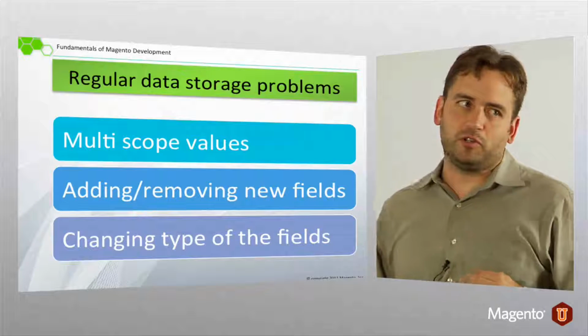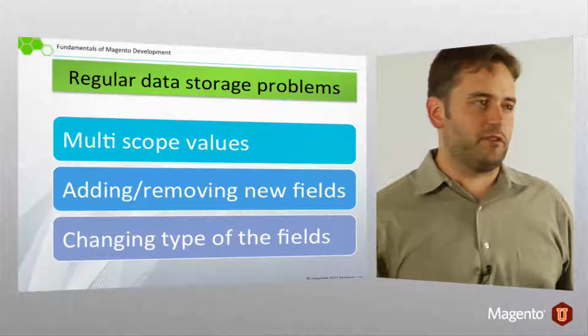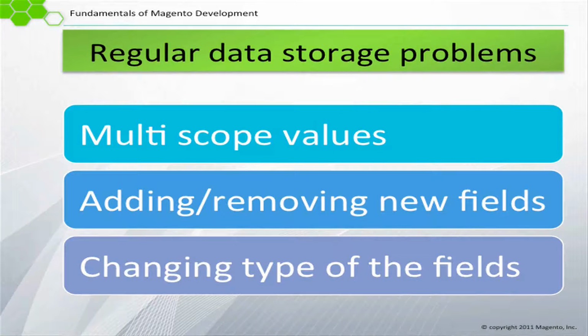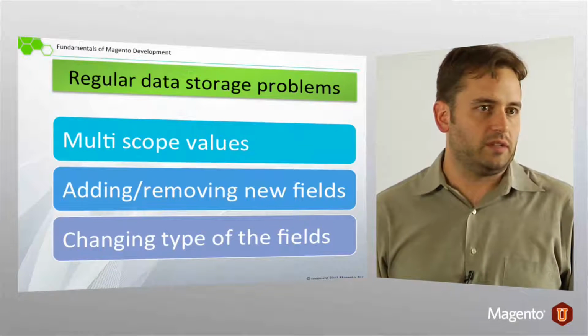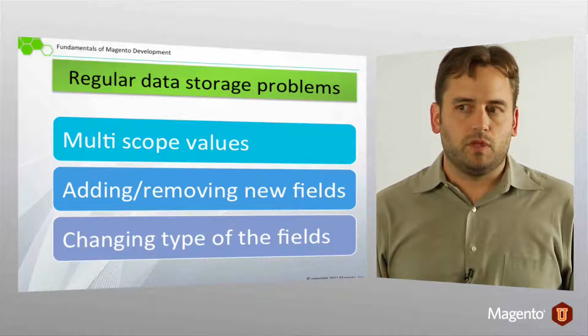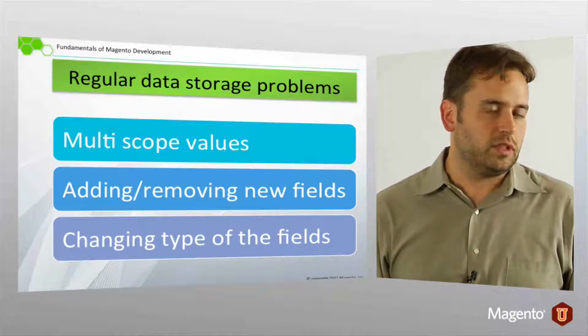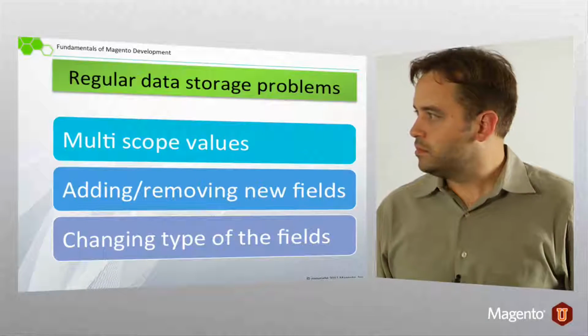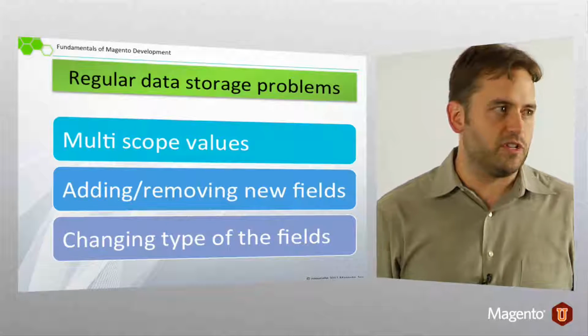Adding and removing new fields. So yes, everyone did that with their first CMS application. They realized, oh, I'll need this other piece of information. So you tack on another column. How do you do that? How do you version that? Changing field types as well. So you have something that is a decimal and you want it to be an integer. Well, you know, that can be complicated. How do you version that? Again,